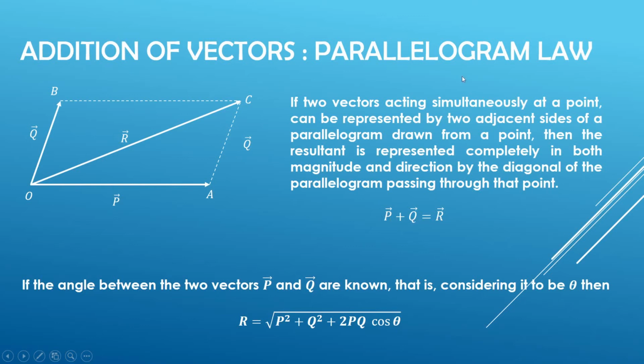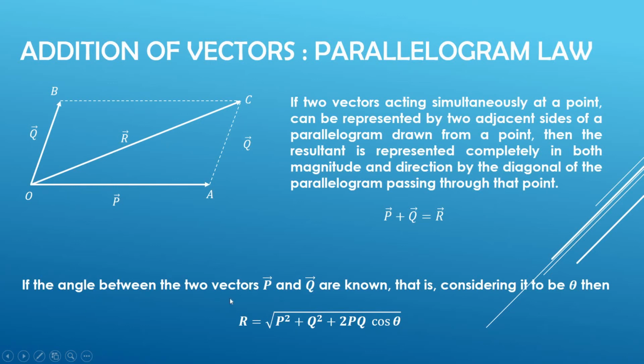Okay, it is very easy to prove the parallelogram law of vectors. We can see this is a triangle law and this is a parallelogram law. We can visualize the parallelogram law from the triangle law. We know that the opposite sides of a parallelogram are equal in magnitude and parallel. This Q vector, this is OB vector, is equal to AC vector. See, OB vector is equal to AC vector, then this becomes a triangle law. See, this is a triangle law of vector addition.